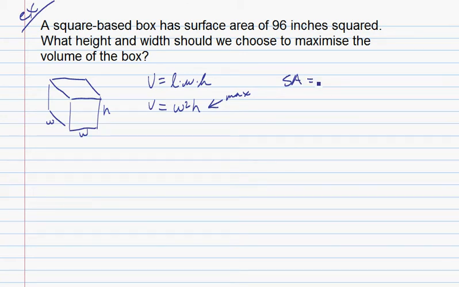Now the surface area, if you think about it, the top of the box here would be w squared. That's the area of the top. And we're going to have a top and a bottom of that box, so we're going to have two w squareds. And then if you think about each of these sides, all of these sides are going to be h times w for their area. So we actually have 4 h times w's there. So we know the surface area is 96. So that's going to be our